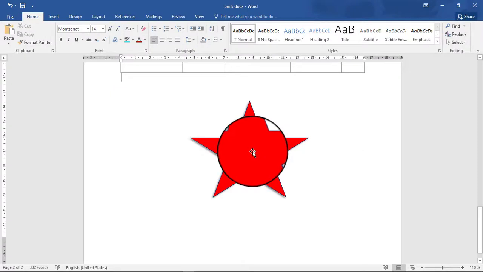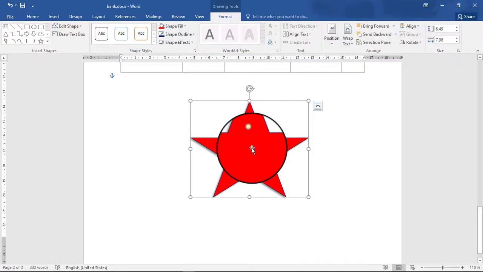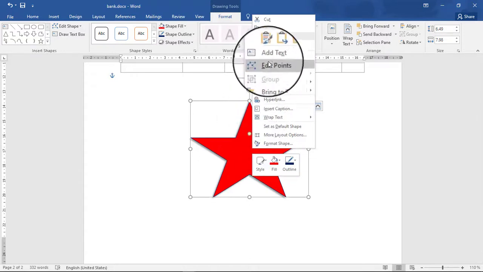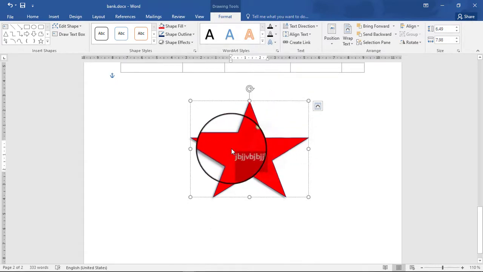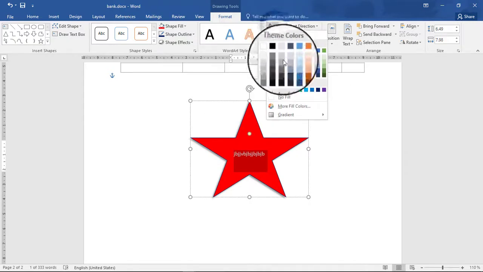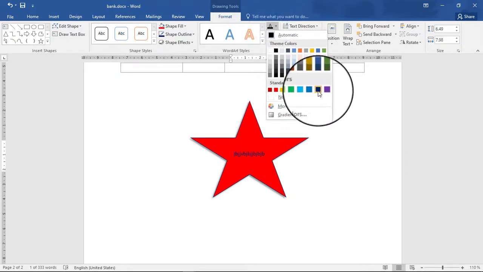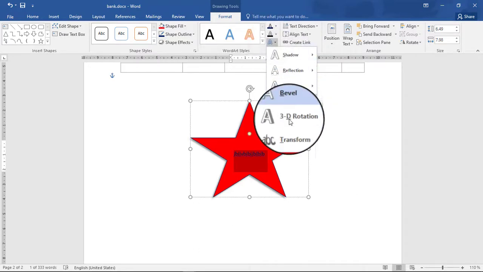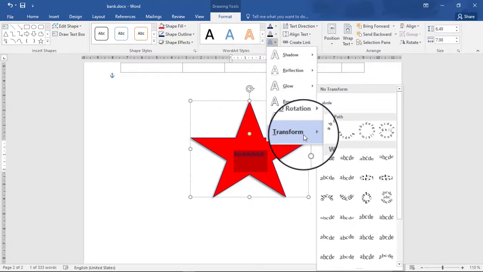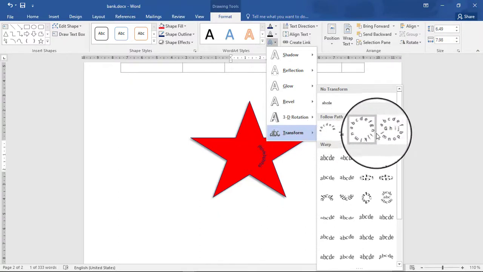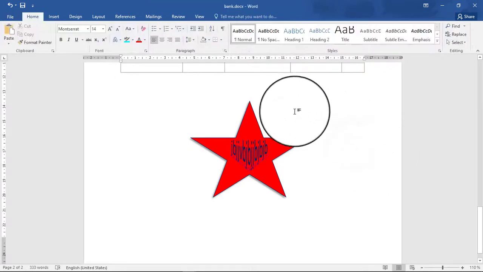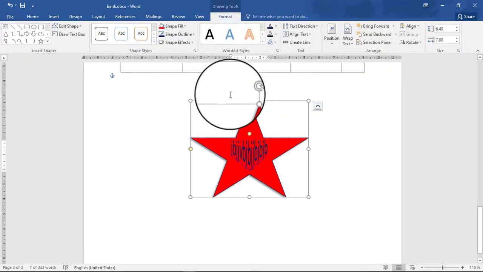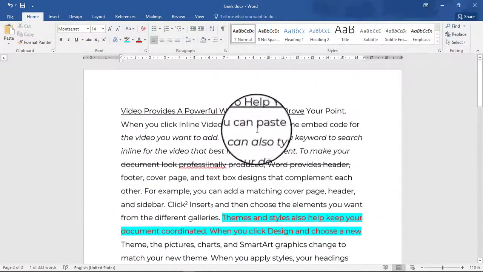You just have to press it, then you right click, then you add the text, then you write the text you want inside. Formatting that text, you select that text, then you change the text here, all the colors you want. You might want even to change the rotation, the transformation. Are you seeing? Here's where you change the transformations of any text. Even if I'm on the other, maybe I want to change this.